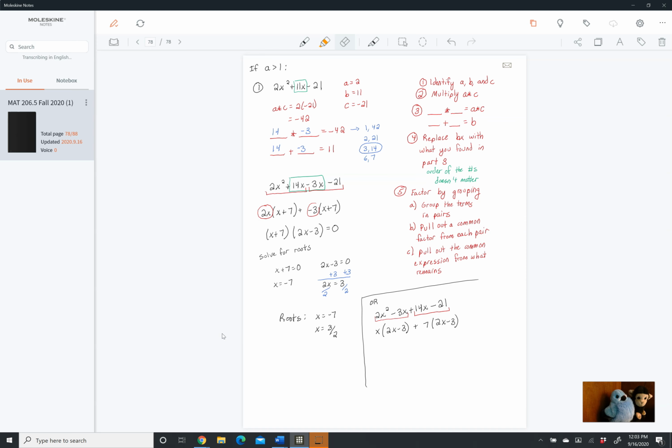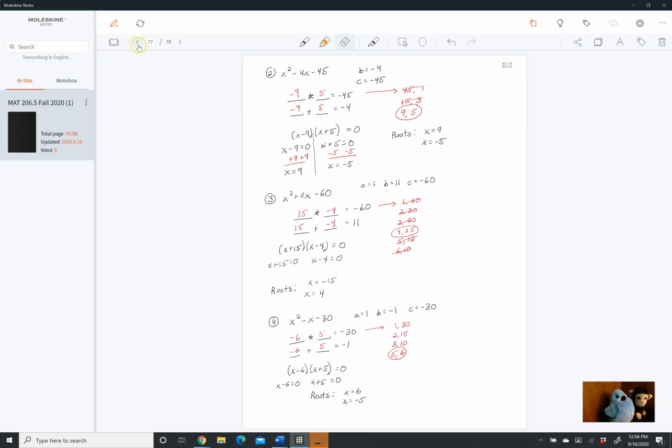And what you see here is that now we could pull out the 2x minus 3. That leaves us with an x plus 7. So you get exactly the same thing. It's just this one step looks different, right? When you're doing that factoring, that factor by grouping, it looks a little bit different. Okay. So before we do another example, I just want to point out